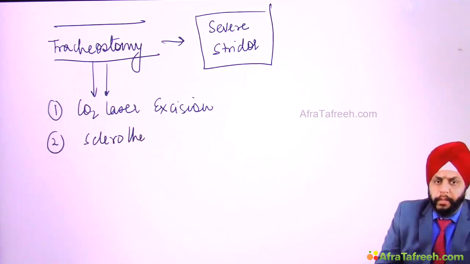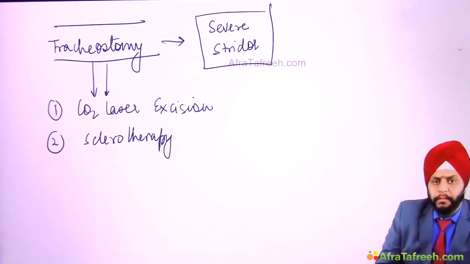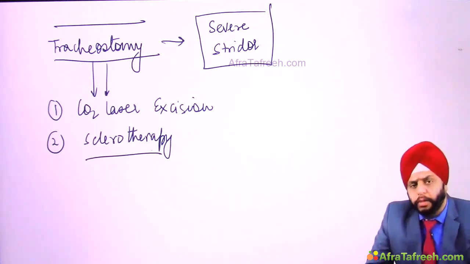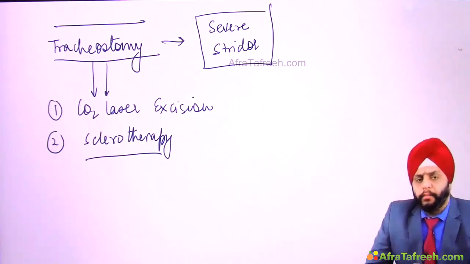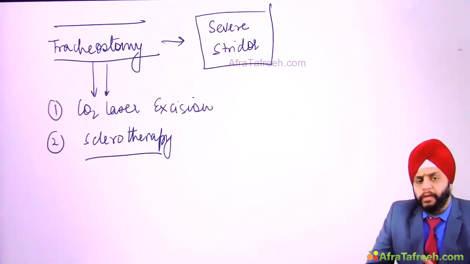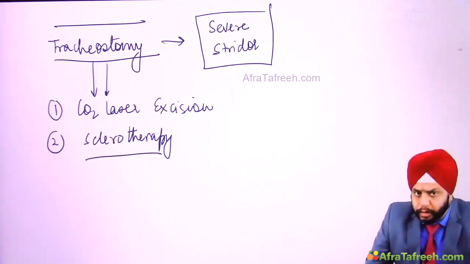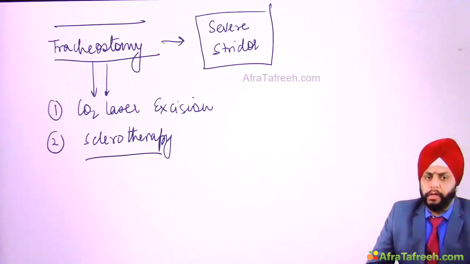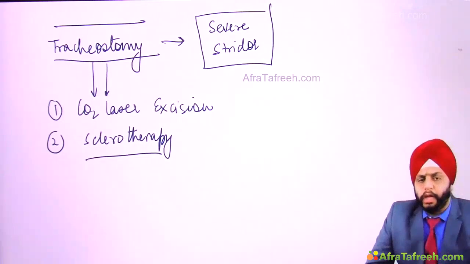Now this sclerotherapy is actually done by an interventional radiologist. Now what will the interventional radiologist do? He will first do an angiography. He will identify the bleeding blood vessels, and then he will put a sclerosing agent in them and stop the blood supply to this hemangioma. Okay, so that's the sclerotherapy you can do, or you can ask the interventional radiologist to do the emboli